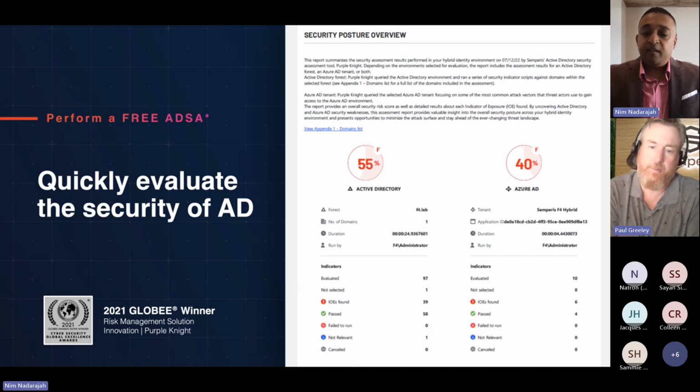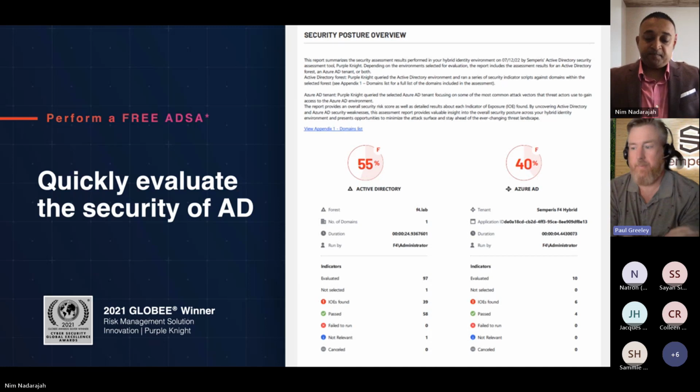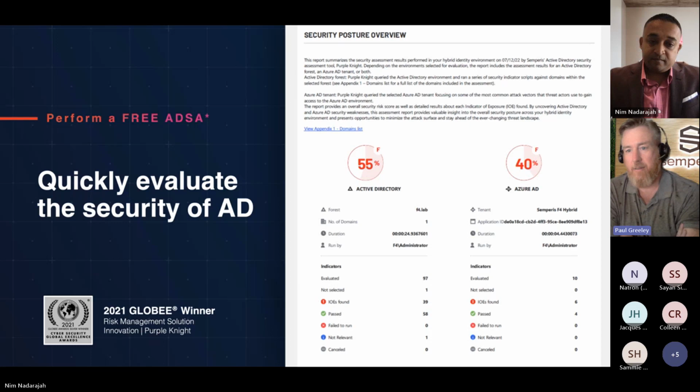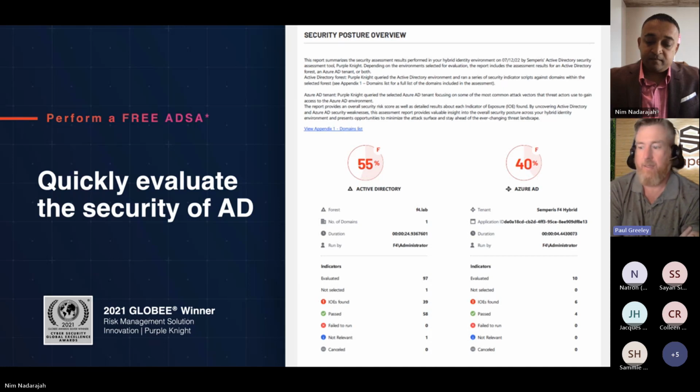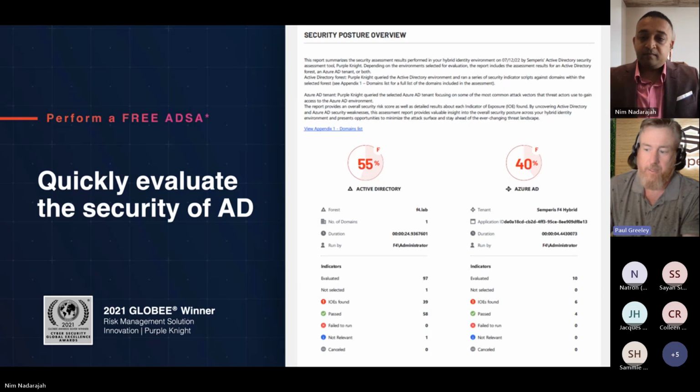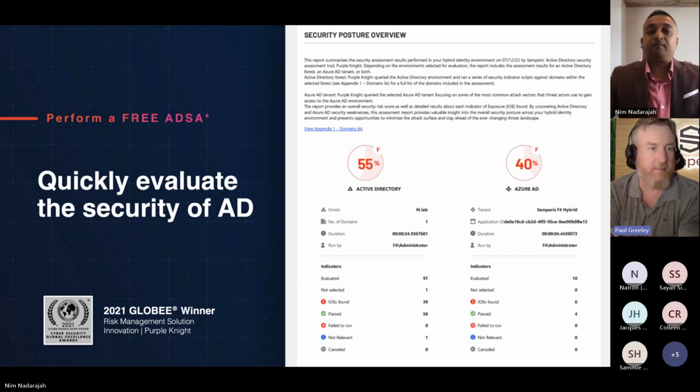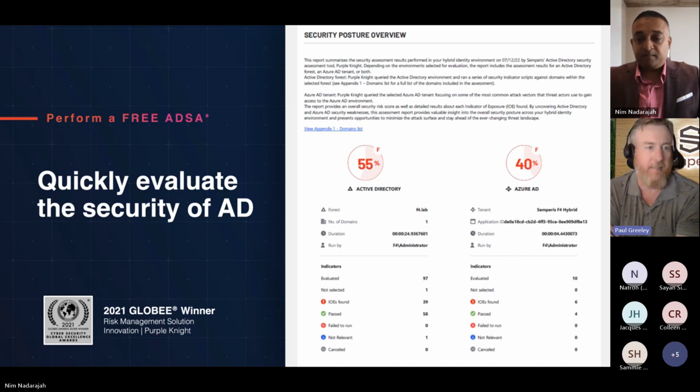You want to chime in? Yeah, I love it. Purple Knight is going to categorize the different areas, so AD infrastructure and delegation, group policy security, Kerberos and account security. It's going to take a look at all that, including your Azure AD, if you have an Azure AD tenant. And where can you use this? Well, maybe before a pen test, or you just want to know your AD. Maybe there's a high turnover in your identity team, and you want to see what the current state of affairs is. So this is amazing.